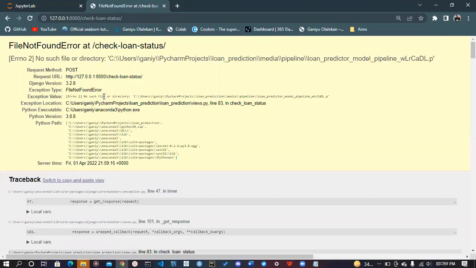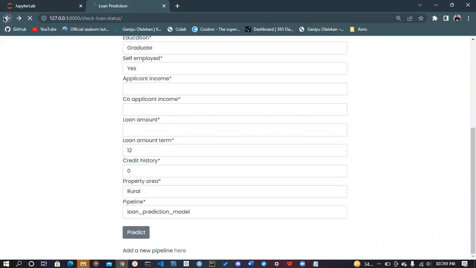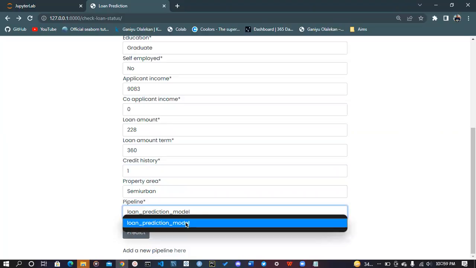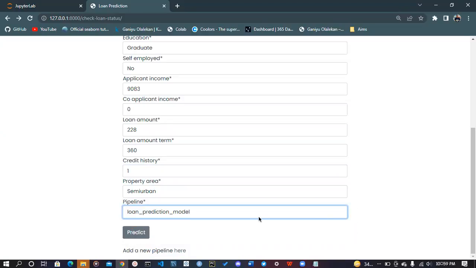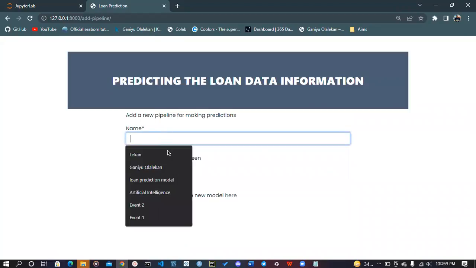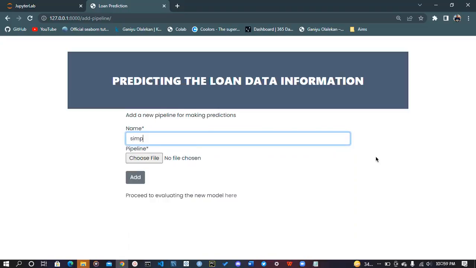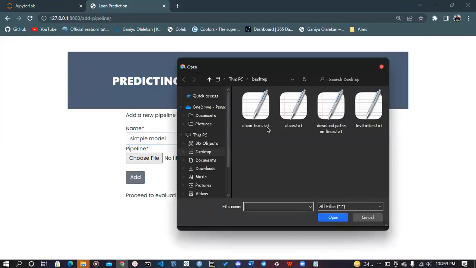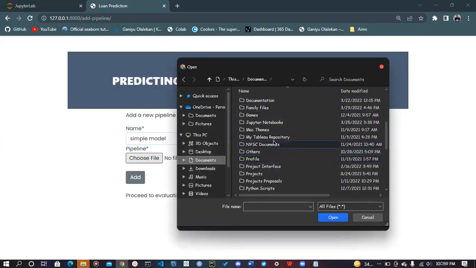Oh, I'm having an error. Sorry, I think I must have mixed up the models here. All right, let me add our new model here then. What will I name this model? I'll just say simple model. Then we'll upload our model directly from